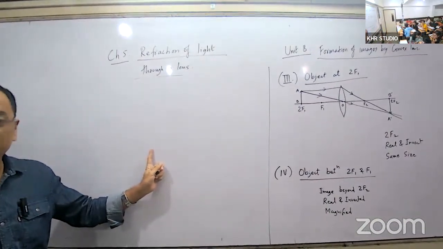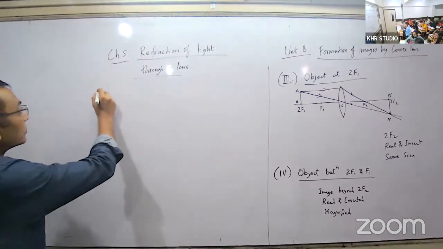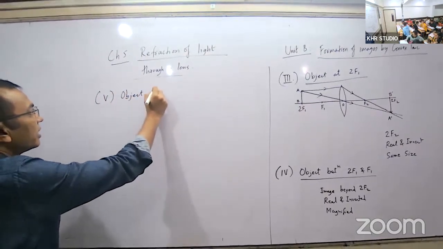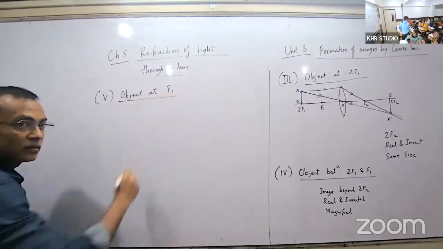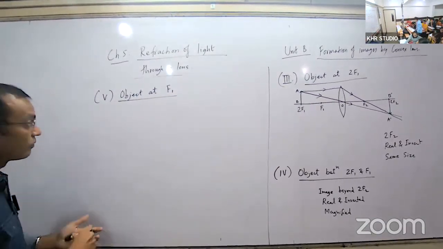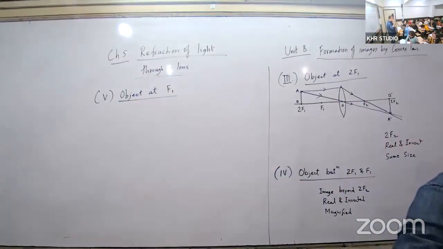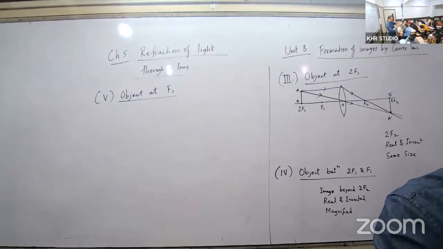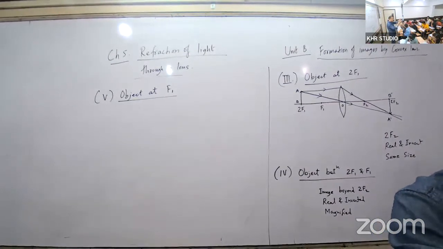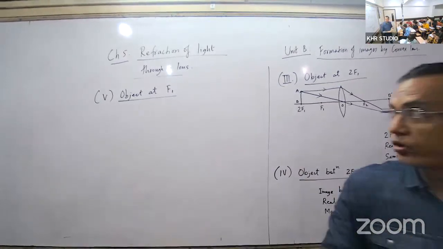What is the next object position? Add F1, क्या होगा? अब उसको add F1, क्या होना चाहिए? Yes, infinity sir. बन गया, चलो बनाओ। देखो, जो फर्स्ट केस था ये उसका उल्टा है. When the object was at infinity then the image was at focus, now object at focus, the image will be at infinity. ठीक है, बनाओ।